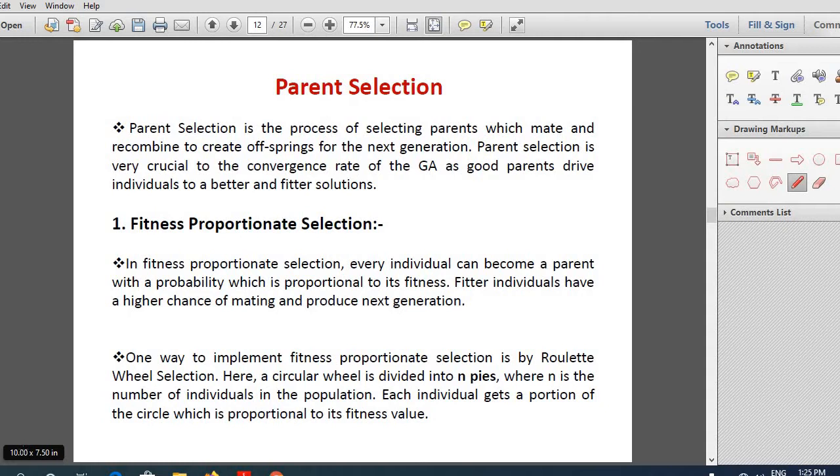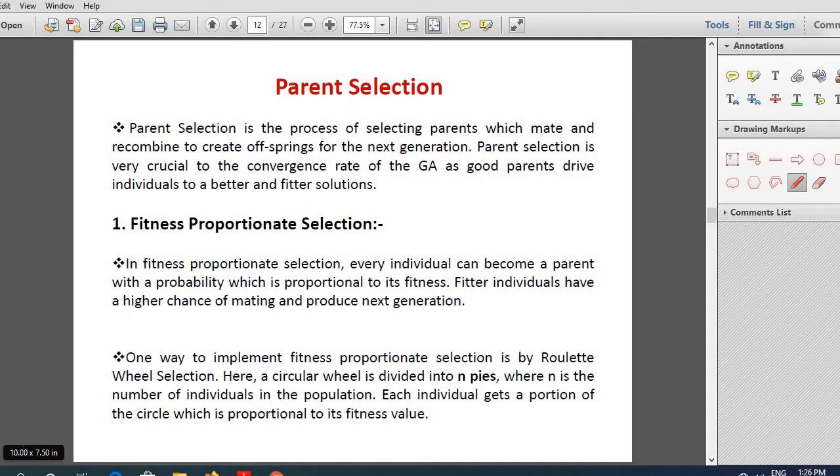So, in the first lecture, we have seen what optimization is and what the need for optimization using heuristics like genetic algorithms is. What is the basic structure of a genetic algorithm? How can you encode the chromosomes, or each solution, in genetic algorithms, and so on? Now we'll go to how we can select the parents in a genetic algorithm.